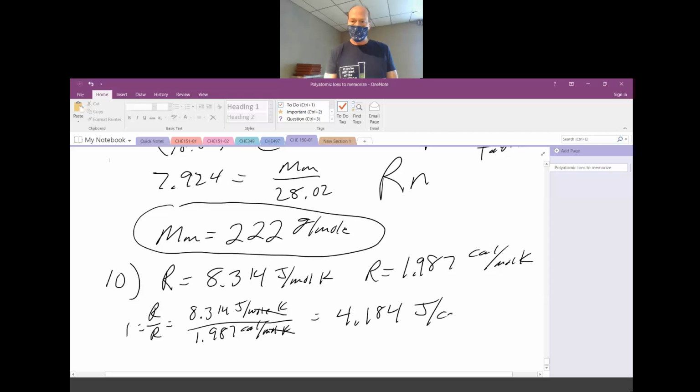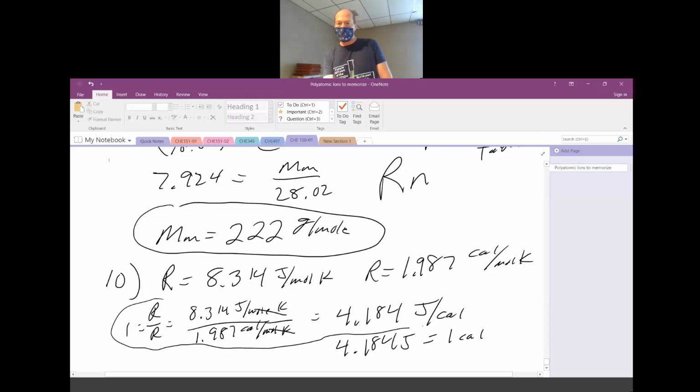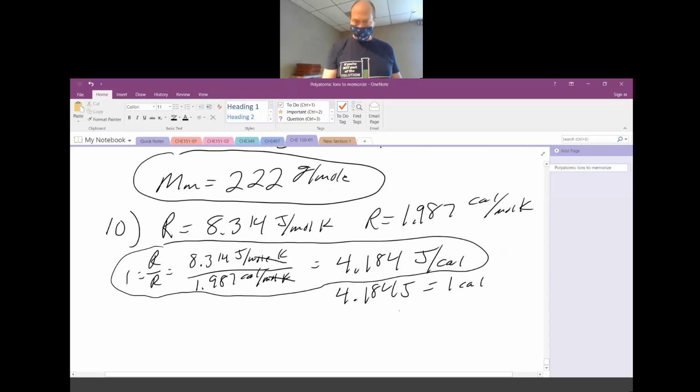joules per calorie. All right, and so when we had our conversion, I said that 4.184 joules is equal to 1 calorie. Right? And that's how you can get it. If you have R values given to you, you can come up with your own conversion, because R divided by R is the same thing, just in different units. All right, so we're going to need that conversion of 4.184 joules equals 1 calorie to solve the